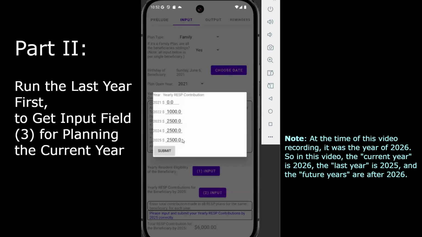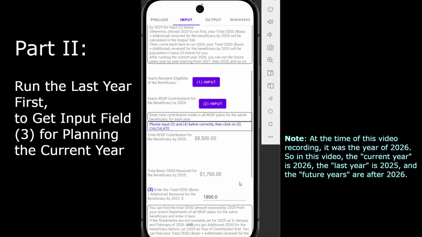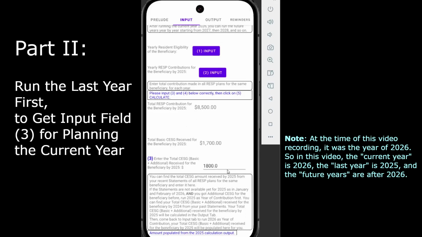The RESP contribution amount for last year, 2025, has been populated here. Note that your total CSG, basic plus additional, received for the beneficiary by last year has been populated here for you. Now you can continue running the current year.